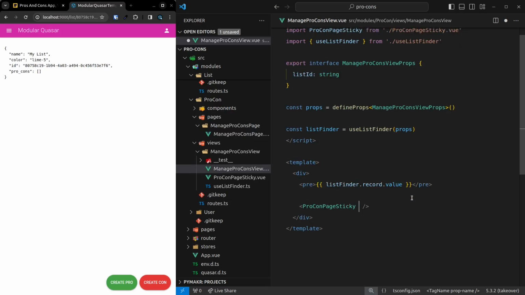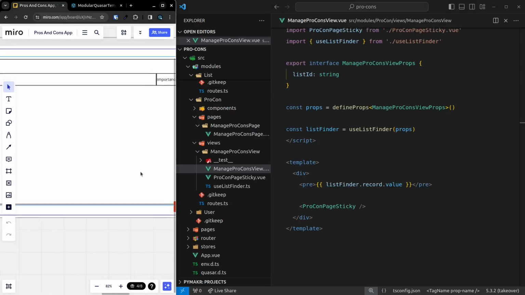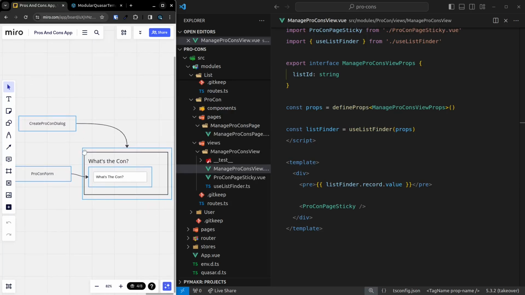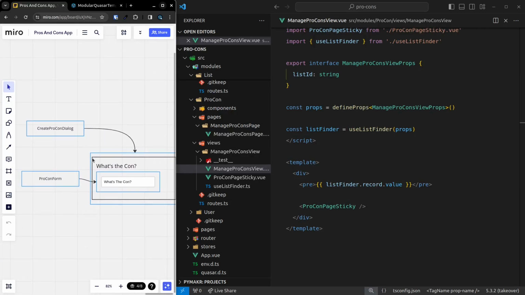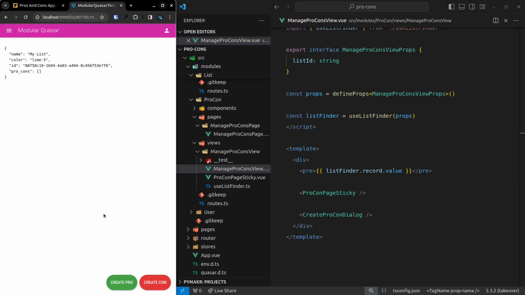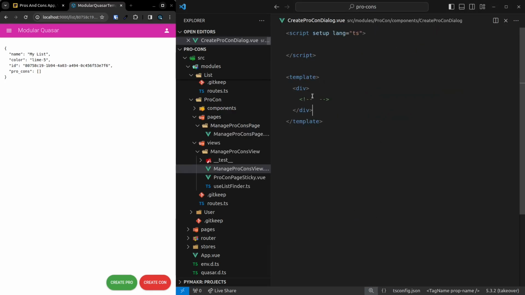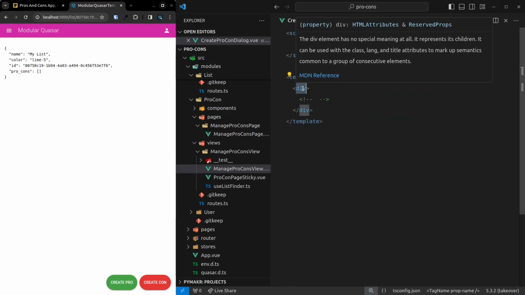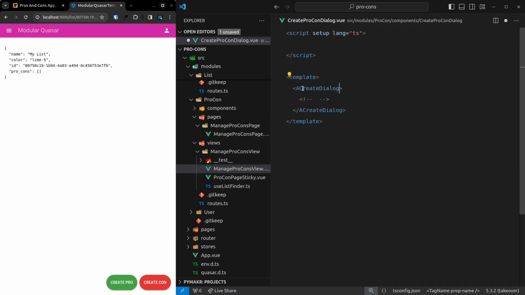And let's make it so that something actually happens when we click on those buttons. Actually, we'll probably need the dialog first. Yeah, first we're going to have to create the dialog so that it shows and hides. Okay, so I'll come in here and say create pro con dialog. We already have that because we built it earlier. And I'm going to control click into this. This will be a create dialog. We're pulling this out of augment Quasar. So let's import that from